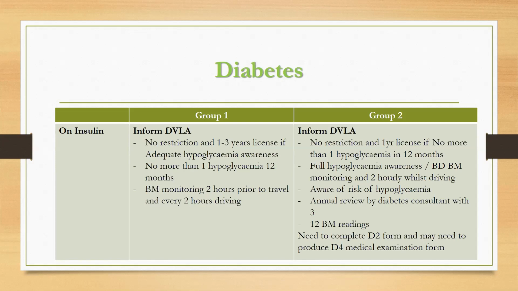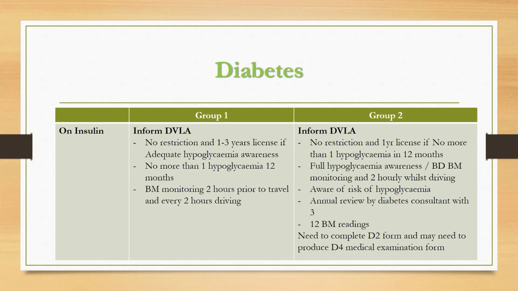Regarding Group B, as I mentioned, the patient should notify DVLA about his condition. There is no restriction, and he will be issued a 1-year license only if there's no more than one hypoglycemic episode in the previous 12 months, if the patient has full hypoglycemia awareness, if blood sugar is monitored twice daily and 2 hourly whilst the patient